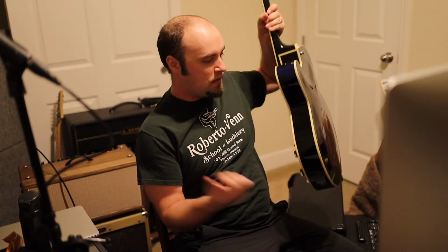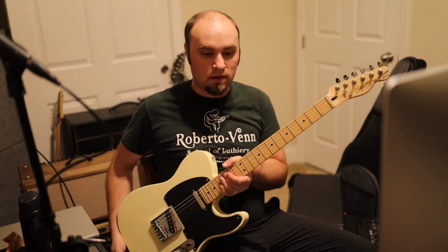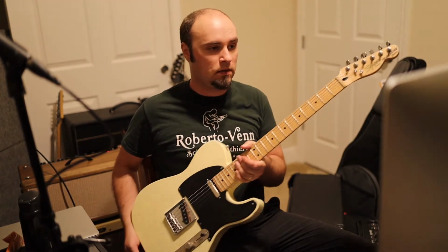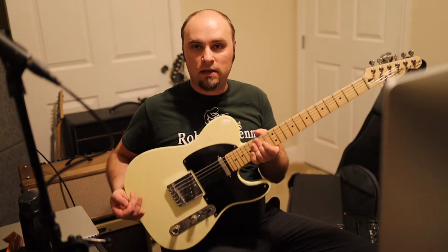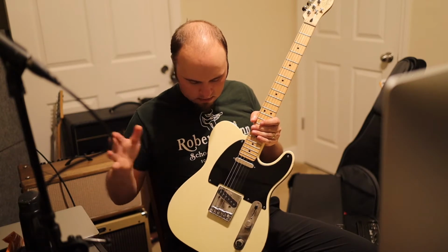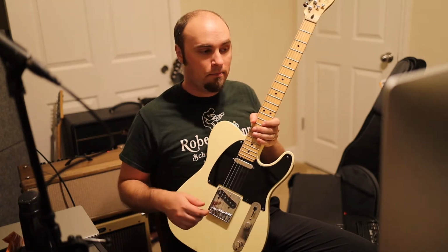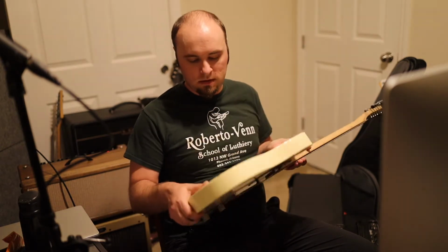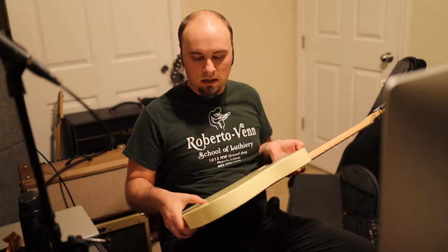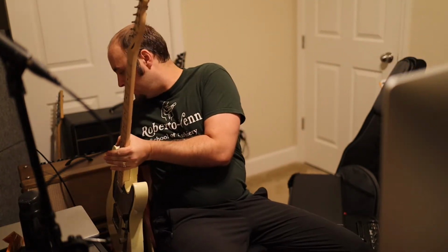So that's where this next guitar kind of comes in. So this next guitar, it's not a hollow body now. This is a Telecaster. Not a true vintage Telecaster, but basically it's built off the same kind of stuff. I talked about it in my other video, so I'm not really going to go into it that much. But the one main difference between this guitar and that guitar is it's solid. It's a solid body. So no matter what,